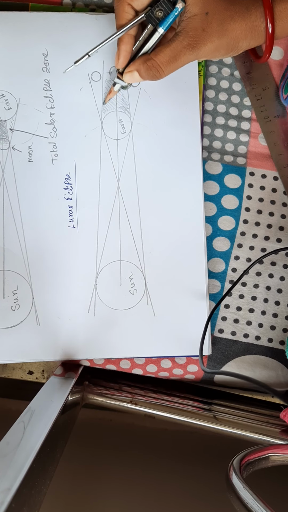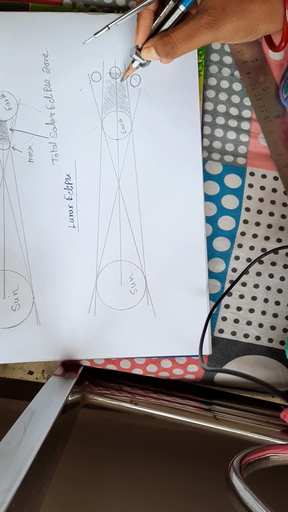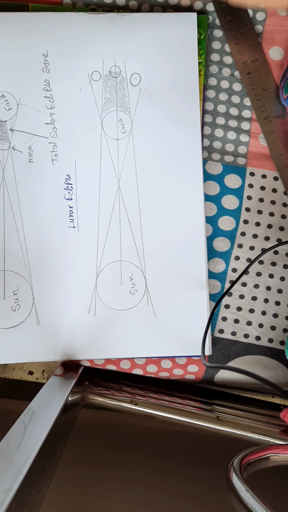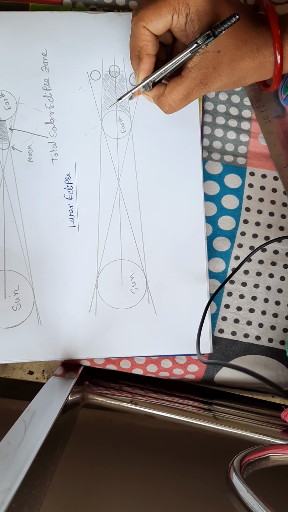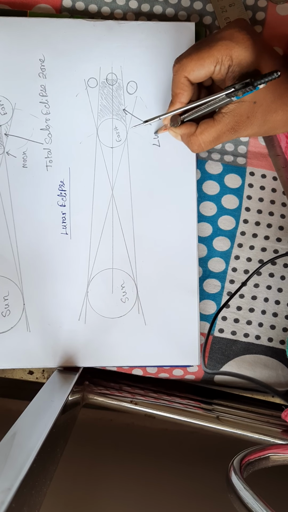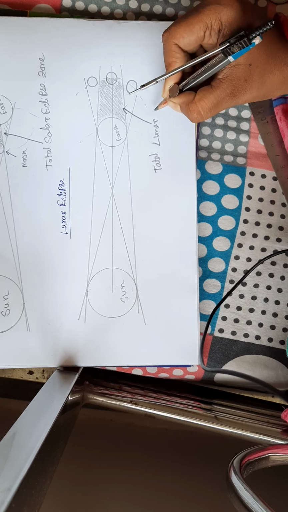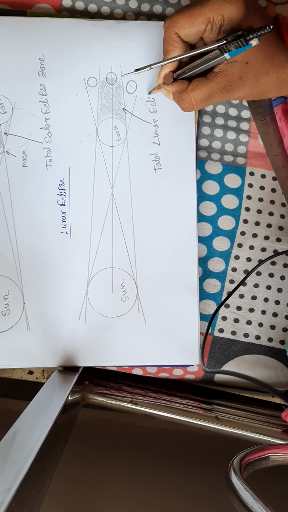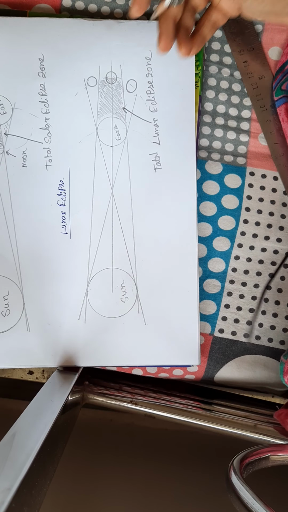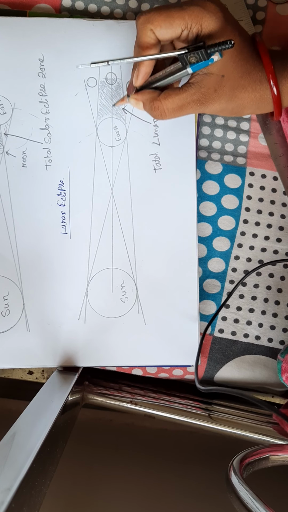You can use pencil sketch to make the shadow line. This is the lunar eclipse zone. You may give an arrow and show that it is the lunar total. You just write here total lunar eclipse zone. Clear? Because from this portion, if you stand here on the earth, we cannot see the moon here,